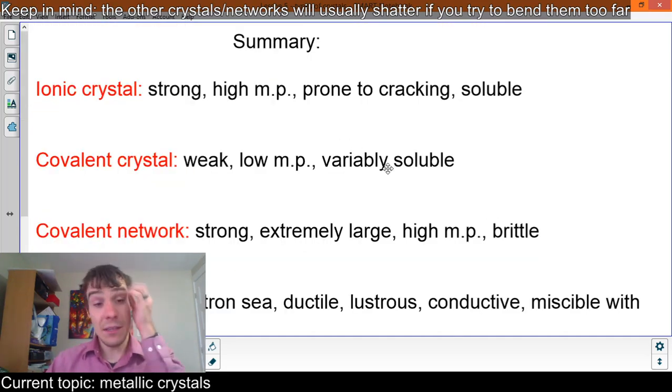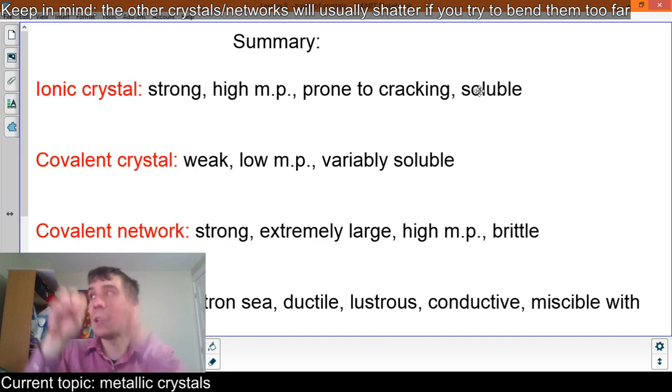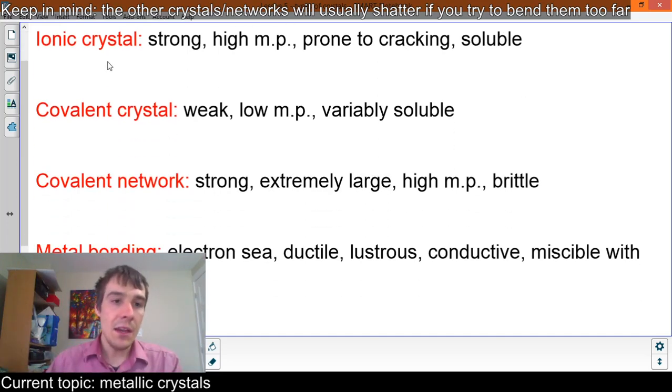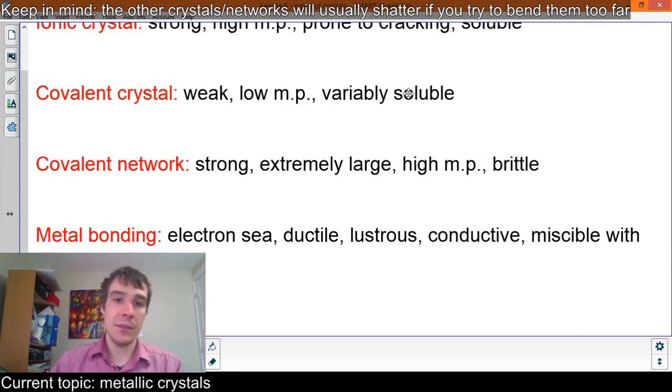That's it. So in summary, ionic crystals are strong. They have a high melting point. They're often prone to cracking because of that cleavage. They crack along very distinct cleavage planes. And a lot of them are soluble because water can just pluck out individual ions. Covalent crystals are weaker in terms of absolute strength, and they have a lower melting point because of it, because it's easier to pull apart dipole forces than it is to pull apart ionic forces. And they're variably soluble, depends on what kind of covalent